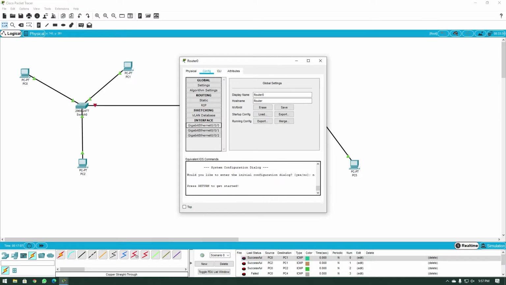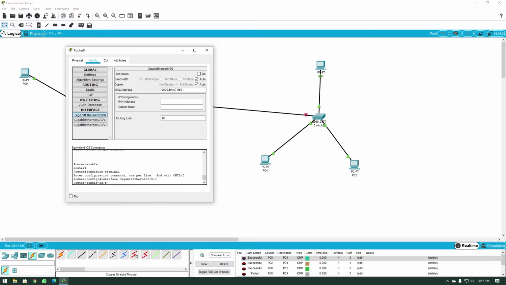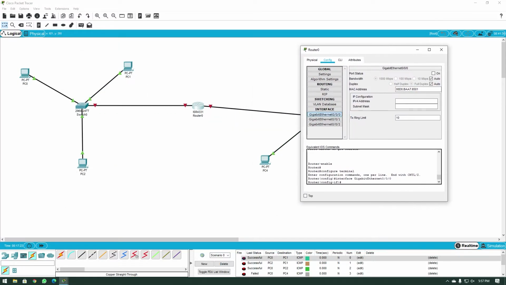interfaces. Now 0/0/0 was connected to this switch over here, and the Ethernet interface 0/0/1 was connected to this switch over here. So if I go to Gigabit Ethernet 0/0/0 and click on that, I can assign IP addresses over here. Now 0/0/0 was connected to a network whose network part was 192.168.1.0.